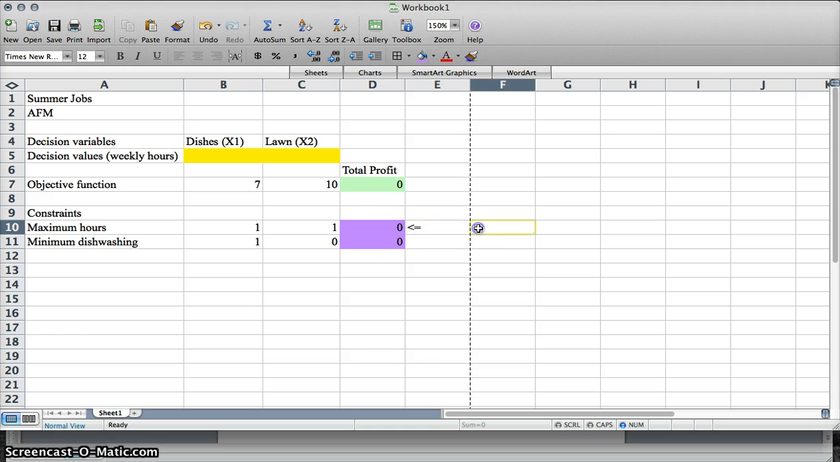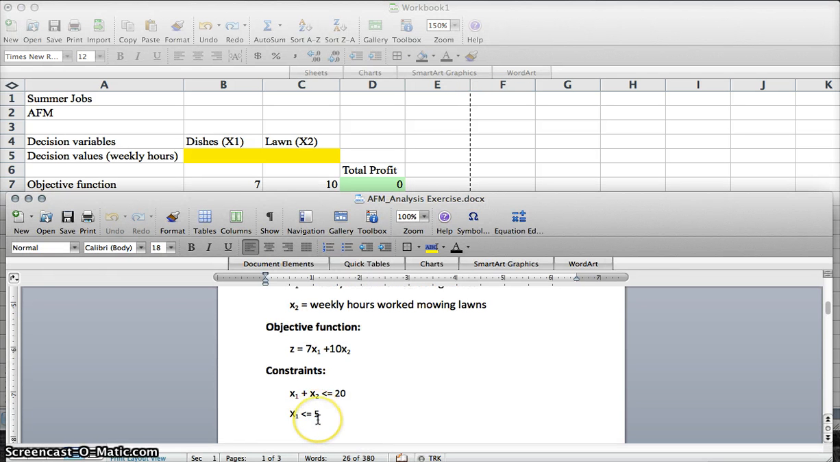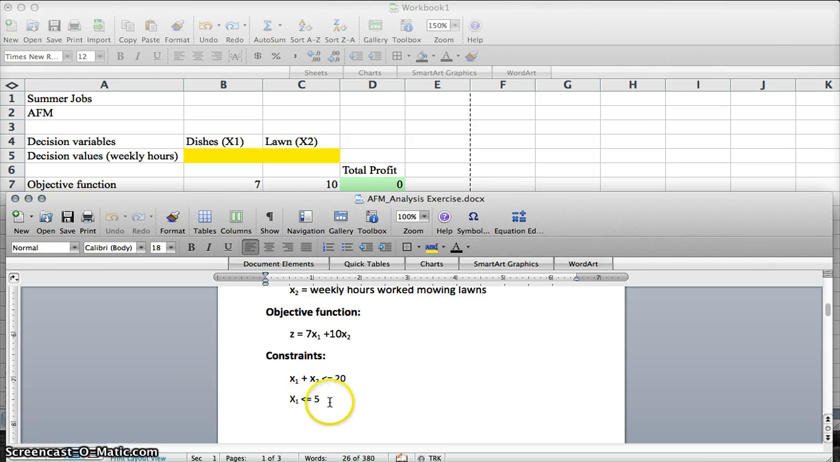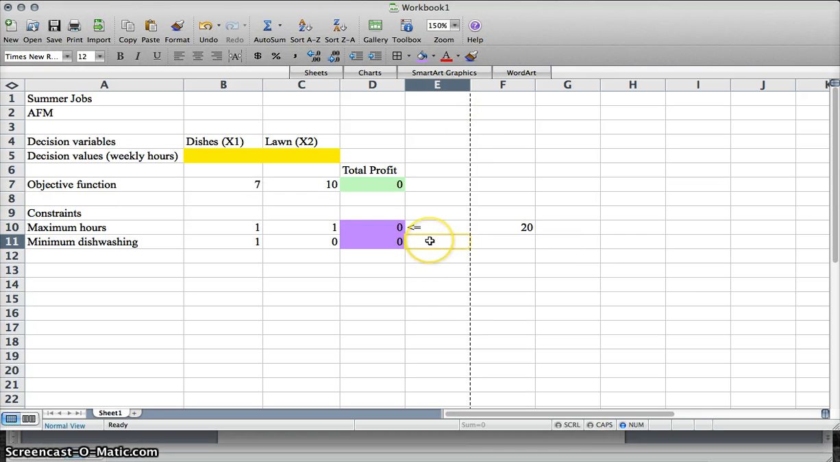That has to be less than or equal to 20, and I'm just going to type those in. And again, this one has to be greater than or equal to 5. This was actually the one that was wrong that we fixed in class. So when I type it in here, I'm going to want that to be greater than or equal to 5. Now that we have our formulas and our constraints all set up, we're ready